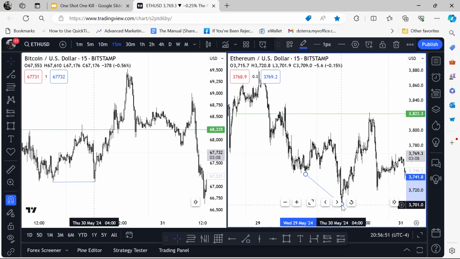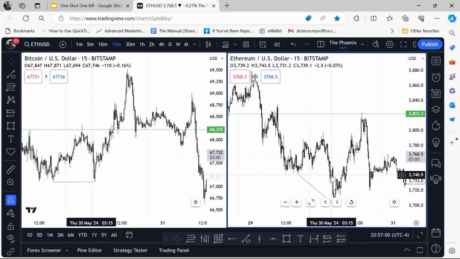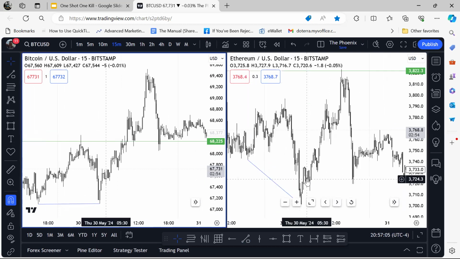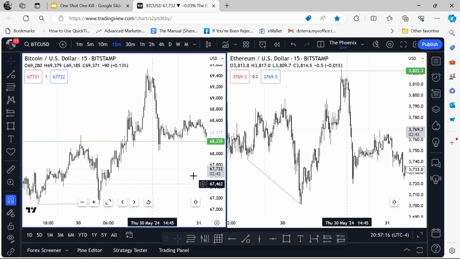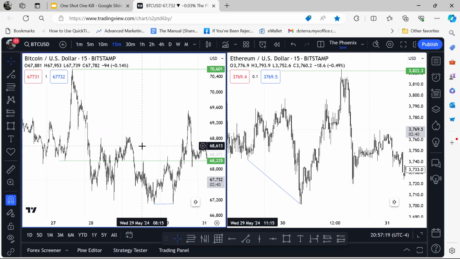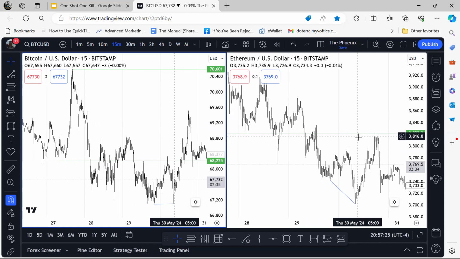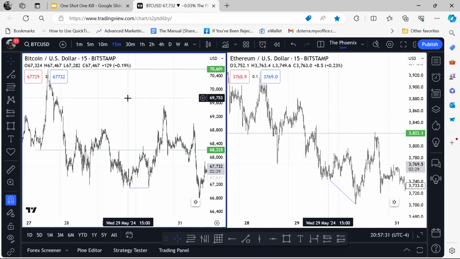So to mark that properly, that's the divergence. It failed to break this low on Wednesday. Well, here it significantly broke that low on Ethereum. So looking back at the same ideas, you would have had that confirmation, probably a lower time frame would have given you a better entry opportunity. But as you can see, price basically traded back to, in Ethereum's case, the low of Monday, and in Bitcoin's case, back to around 50% of the range.